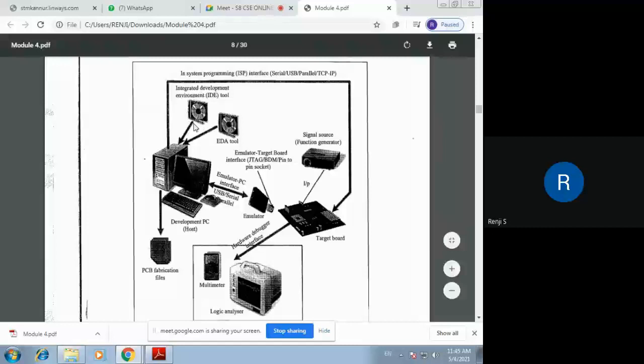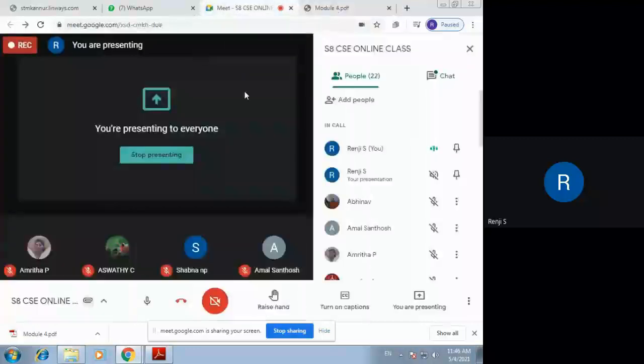It helps for firmware development and debugging. Once you install it into your computer, you get a utility program running on the computer, and using that utility program, you will be able to run the firmware and debug the firmware.